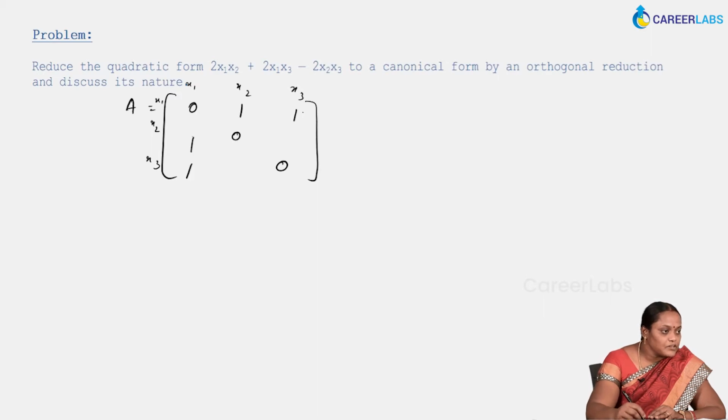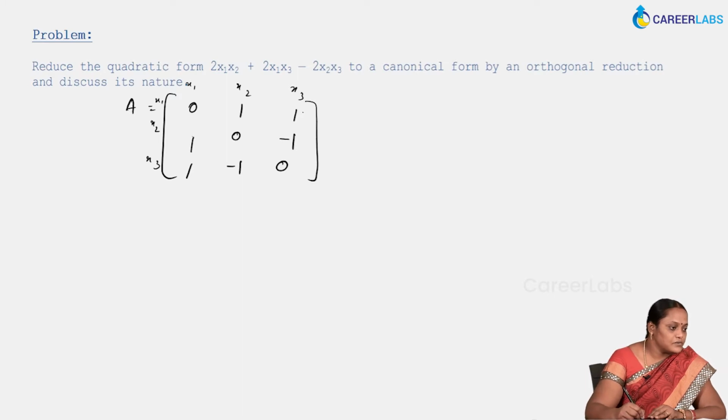Okay. Next, you come to this part. Here it is a combination of x3 and x2. For x3 and x2, the coefficient is minus 2. Divide this by 2, this will give you minus 1. So, if it is minus 1 over here, here also it will be minus 1. So, this is the required matrix A. A is nothing but 0, 1, 1, 1, 0, minus 1, 1, minus 1 and 0. So, we can easily solve this for finding the eigenvalue and eigenvector.